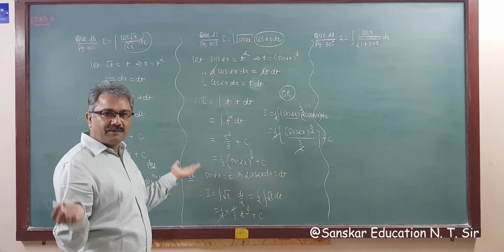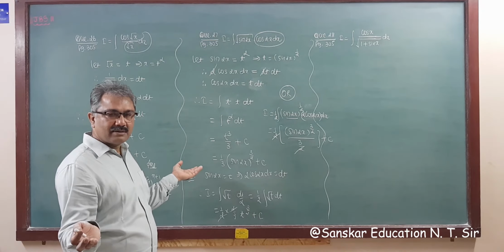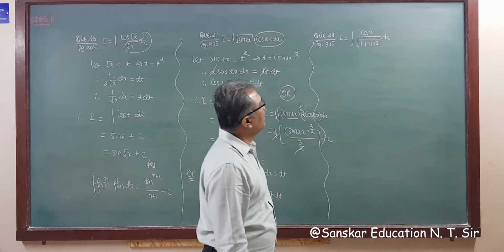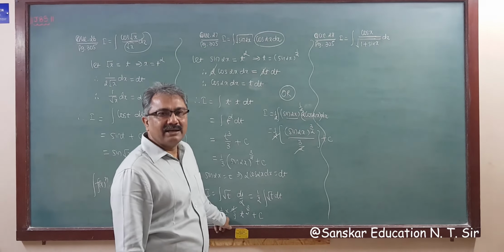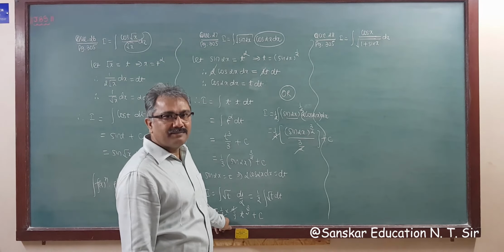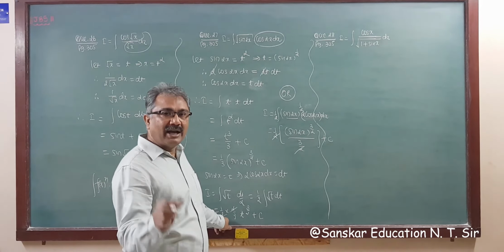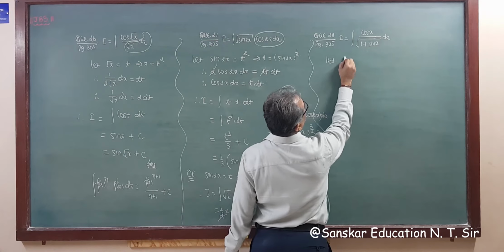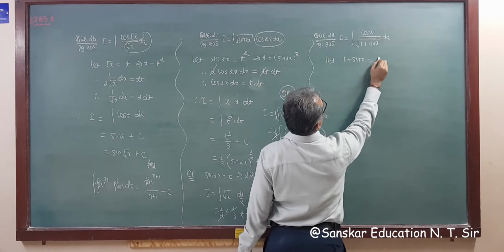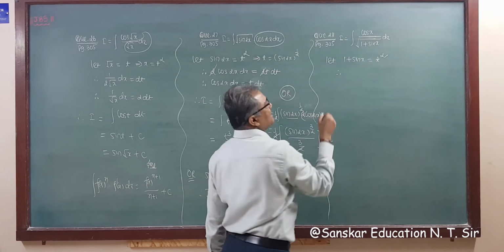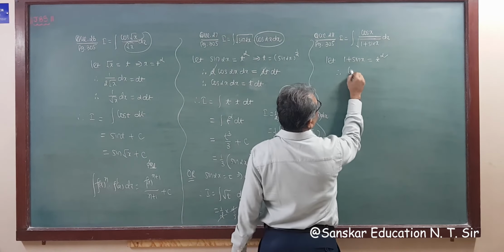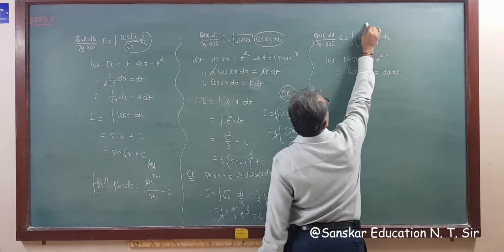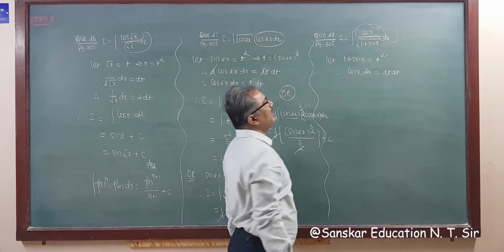So there are lots of methods to solve the questions. You have to apply any one. Now this is question number 28. Cos x upon under root 1 plus sin x. Not a single formula is applicable, but a square root is there. So anything in square root, assume t square. So let 1 plus sin x be equal to t square. The derivative of sin x is cos x, so cos x dx is equal to twice t dt.